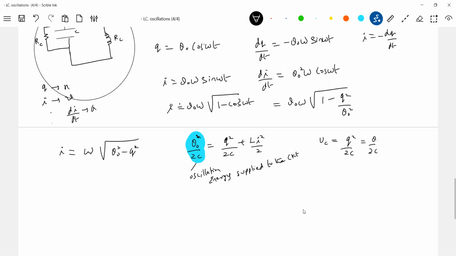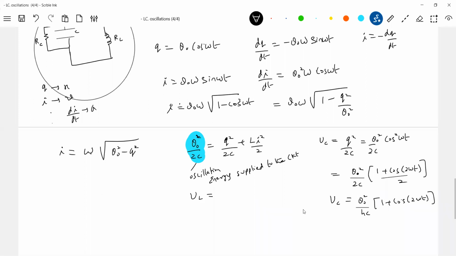So this will become Q naught square cos square omega t. So this will become Q naught square by 2C cos square omega t, which we can write as 1 plus cos 2 omega t by 2. This is the expression for energy in the capacitor as a function of time. Similarly, let's go for energy in the inductor as a function of time. UL is equal to L